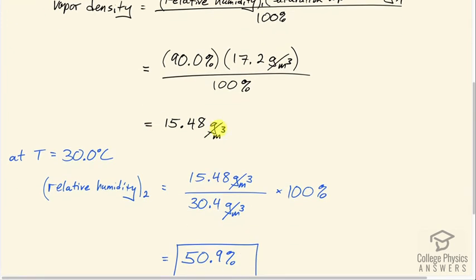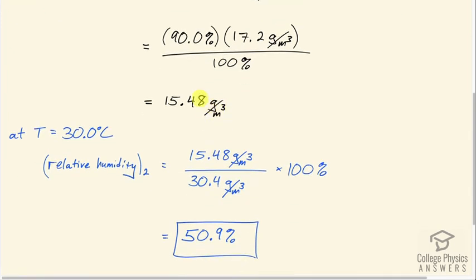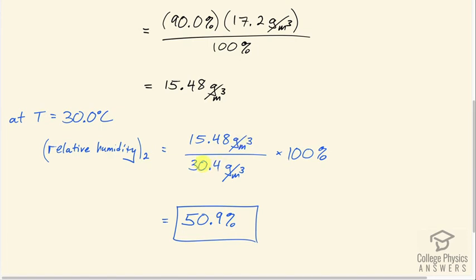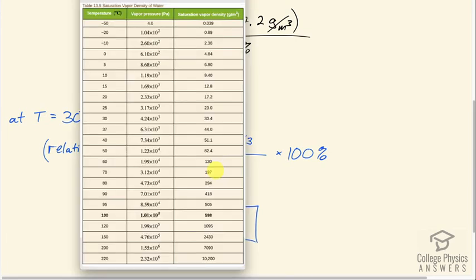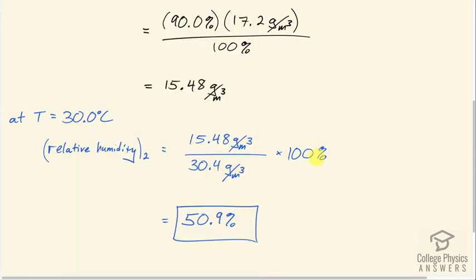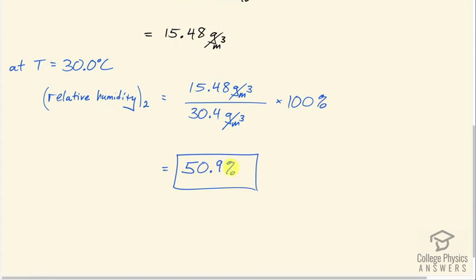Now take that same vapor density and consider a temperature of 30 degrees Celsius. What would the relative humidity be then? So we take that vapor density divided by the new saturation vapor density at 30 degrees Celsius, and following the temperature column to 30, we see that that's 30.4. There's higher saturation vapor density at this higher temperature, and times that by 100%, and we get 50.9% is the